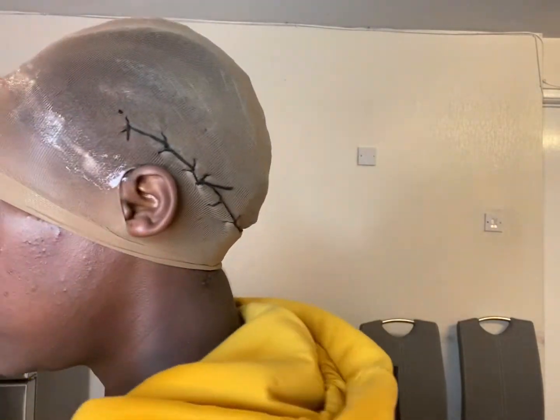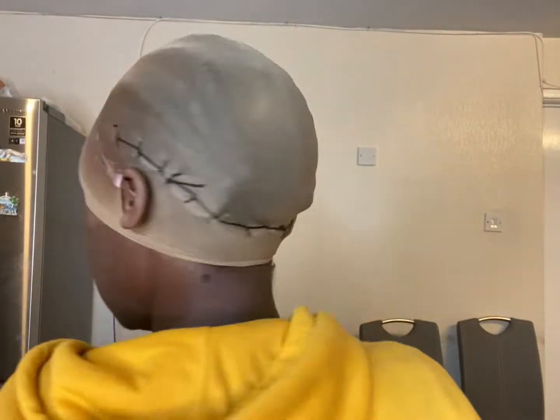I'm just sewing it around my head on the parts that it's not glued, from the back corner all the way to the corner at the front. Okay, so this is how I've sewed it down. And it's pretty much dry, so